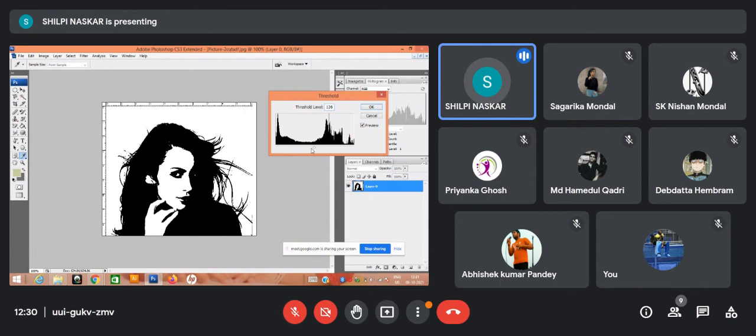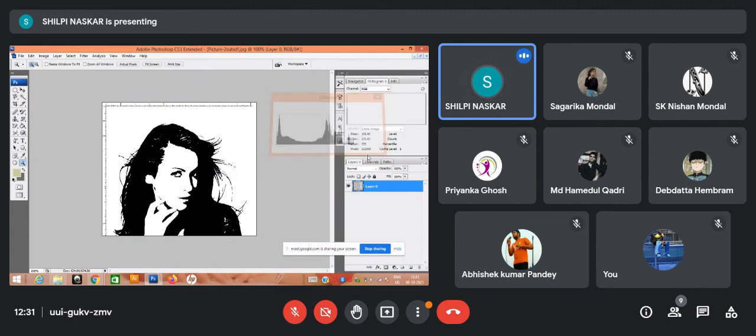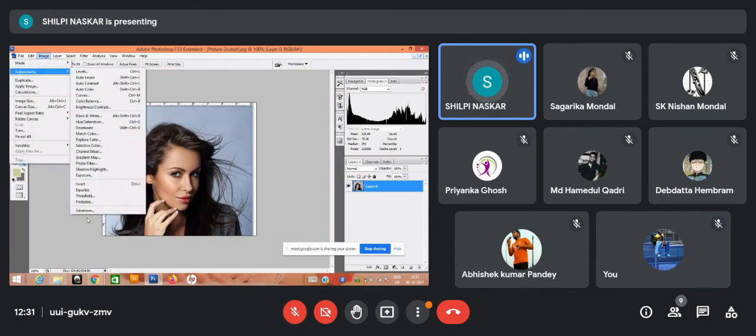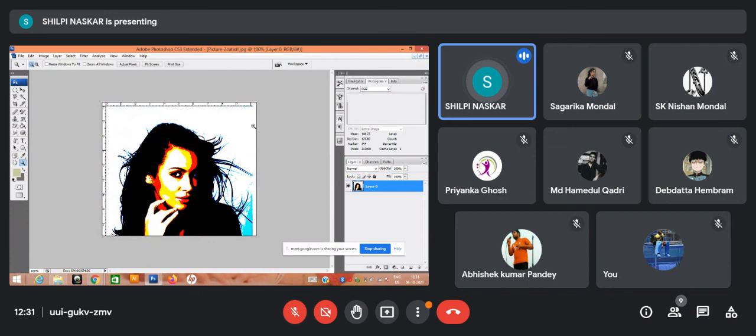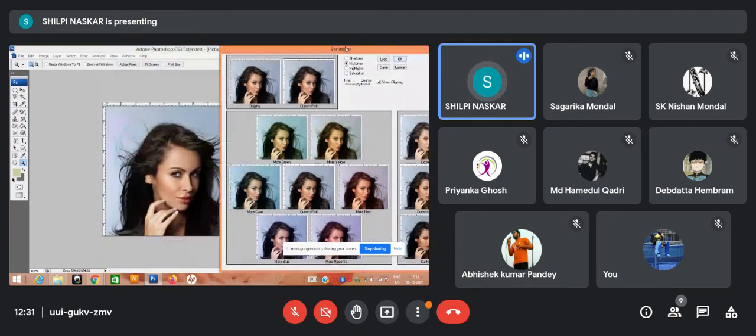The output is more or less good. For a particular pixel level, after that level all the pixels will be discarded. Okay, so this is thresholding basically, as the name suggests. Okay, there is another one which is very good. You can posterize it, the level of posterization is like this. Control Z.